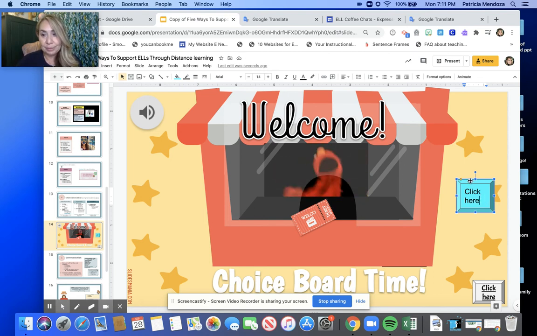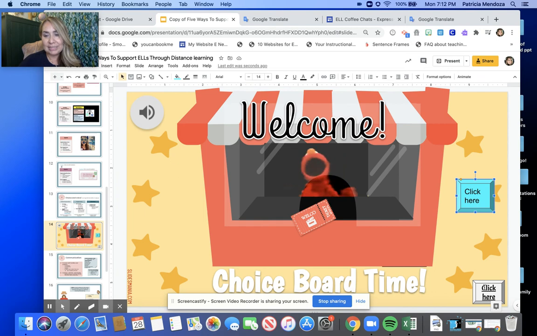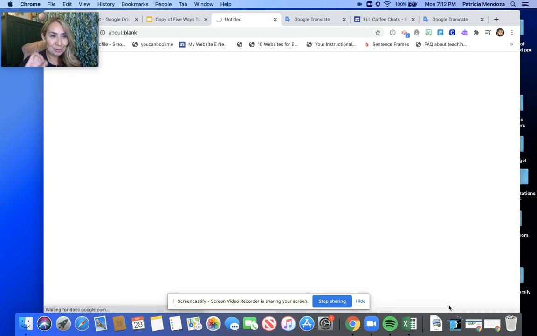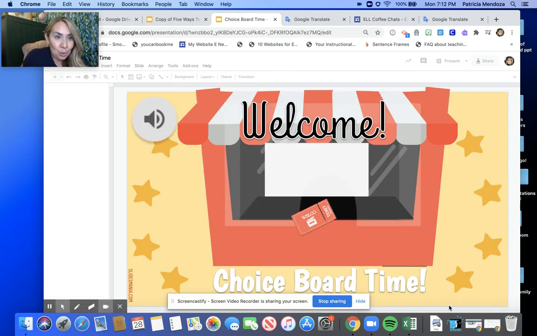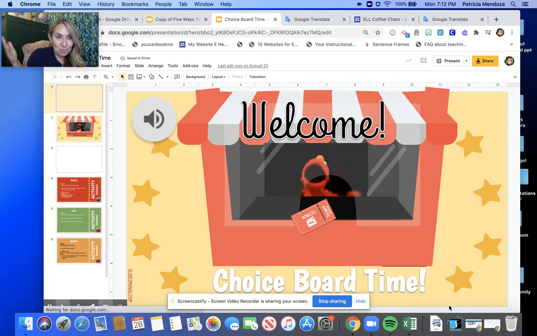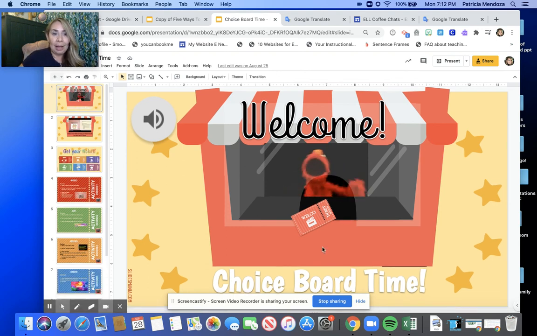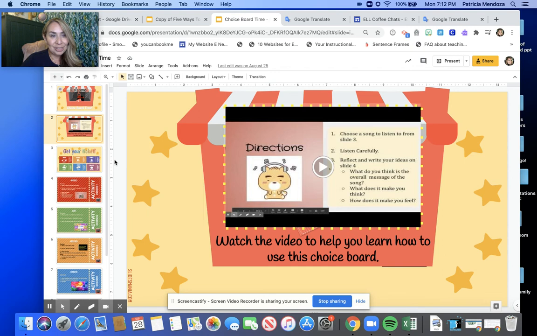To take them there. So that's another way of supporting students, since you cannot assume that they know what these links are or how to move on to the next page. So let's continue to this one piece right here. Again, we're sticking to the idea of making your lessons comprehensible even when you're not with them. And so if you want them to see something new and do something that you've already modeled, I would definitely model this with them. And then I would show each of the slides of how to use these